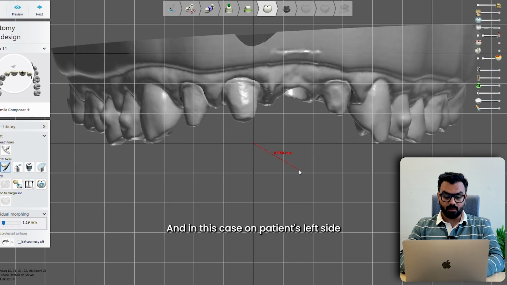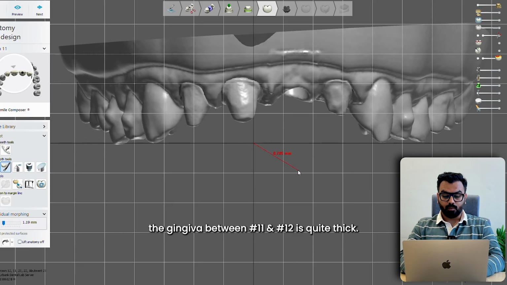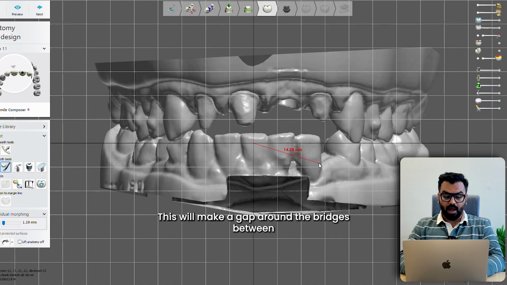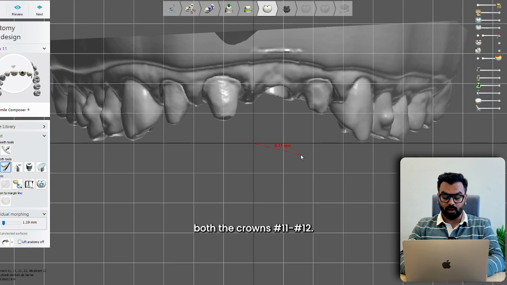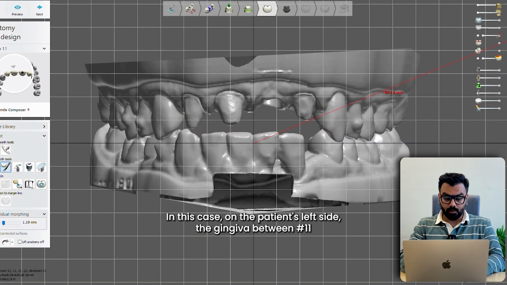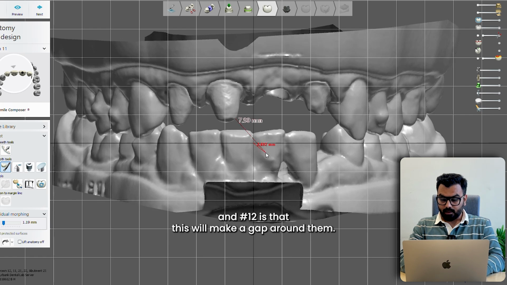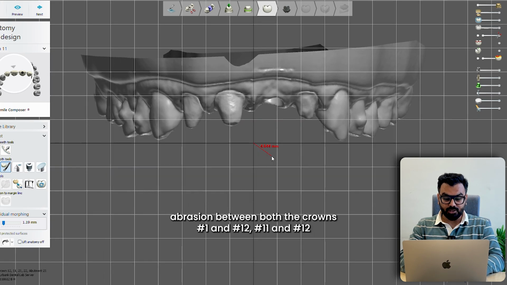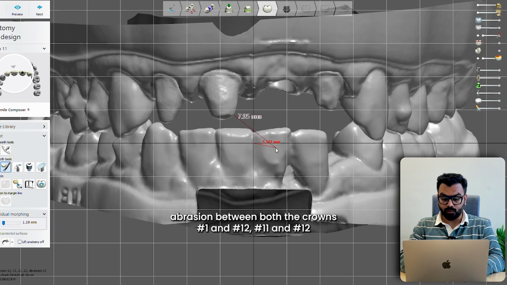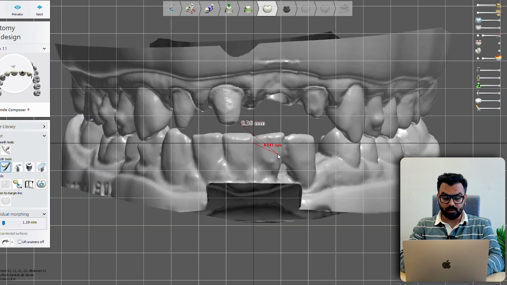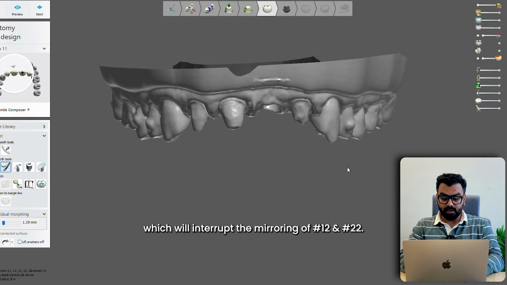And in this case, on the patient's left side, the gingiva between 1-1 and 1-2 is quite thick. This will make a gap around the embrasures between both the crowns 1-1 and 1-2. Whereas on the patient's right side, there is not such a gingival gap or interference, which will interrupt the mirroring